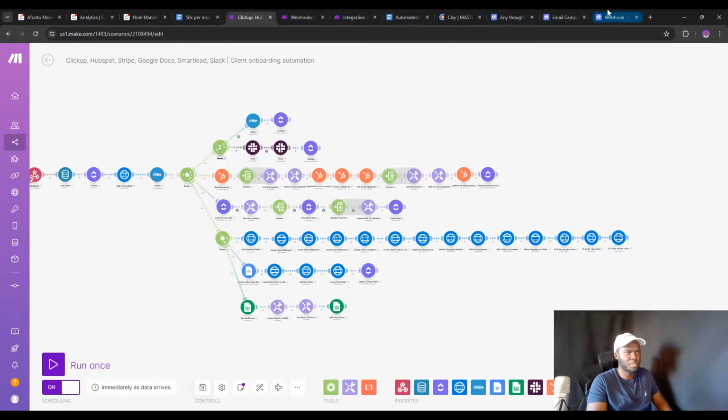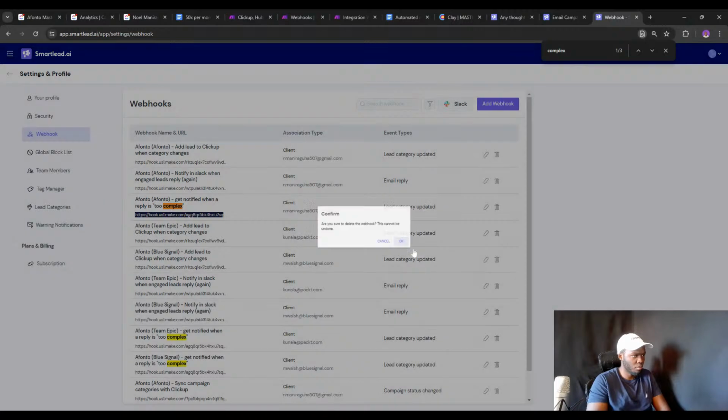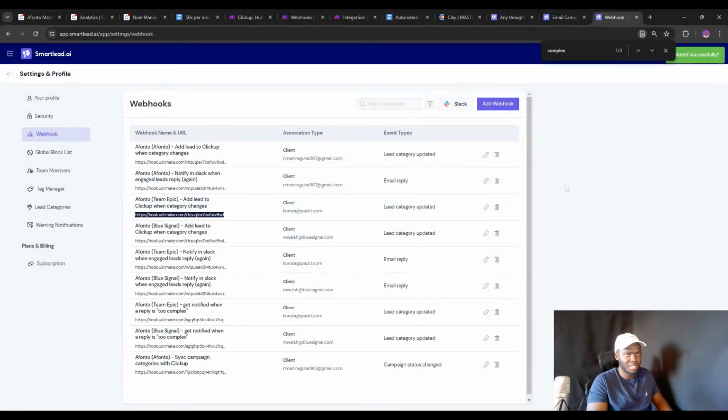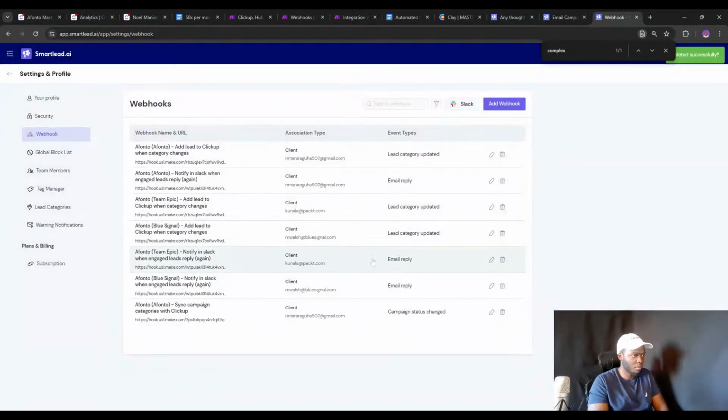We go back to the webhooks page. Every occurrence of too complex, we just delete it. We don't need that. Did I just delete 2 different webhooks? Ah, shoot. I probably did. Well, I couldn't have. Okay, so let's see here. So we've got 1, 2, 3. Email reply. 1, 2, 3. And then,